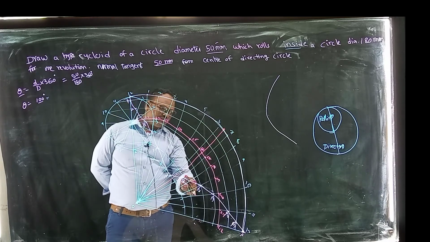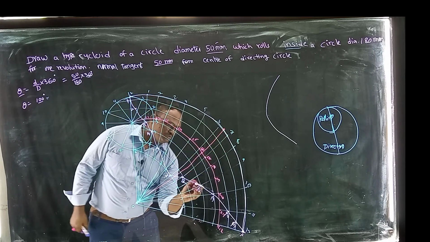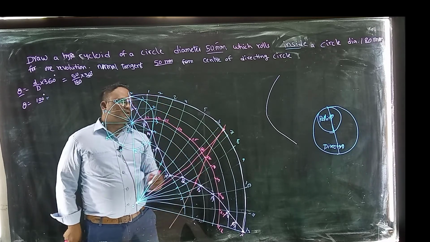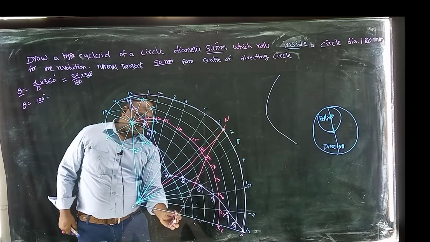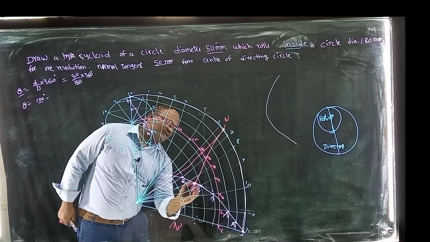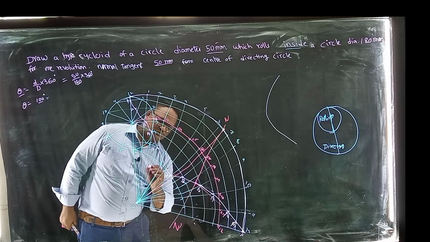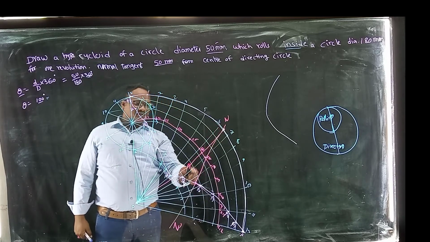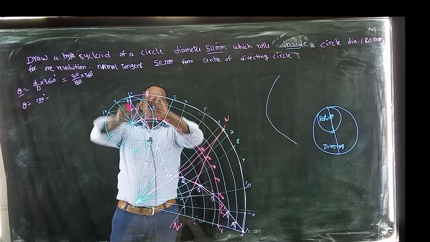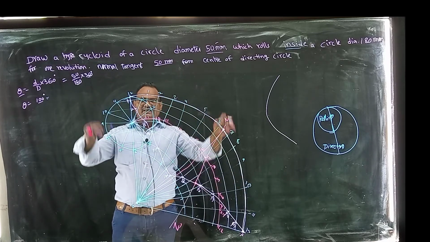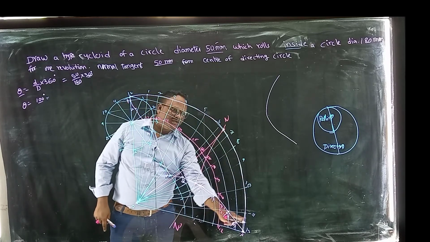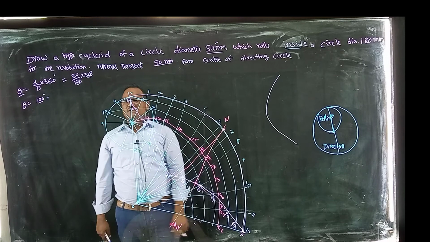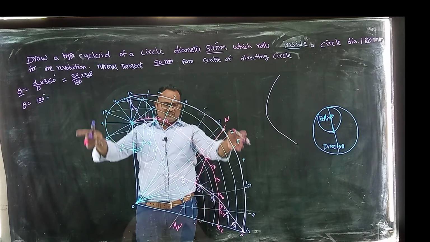If you join the initial point and final point, you will get the normal line, that is N dash. The line at 90 degrees to this is the tangent, that is T dash. So this is the tangent, this is the normal, and this is the curve. In this total diagram, the curve should be dark, the base should be dark, and the normal and tangent should be dark. That is the only required output. The remaining comes under construction.